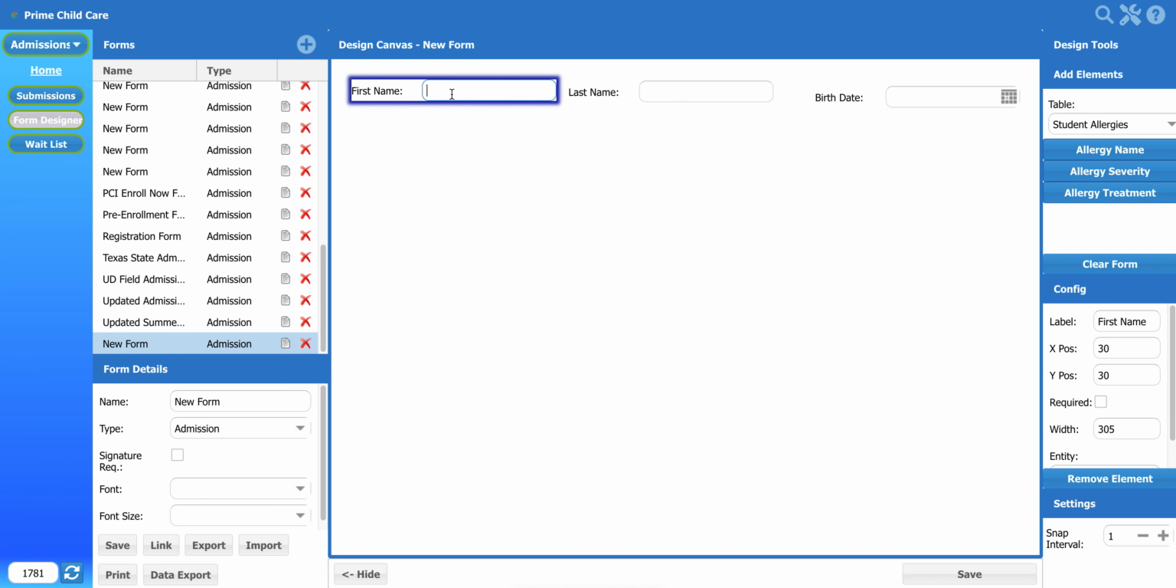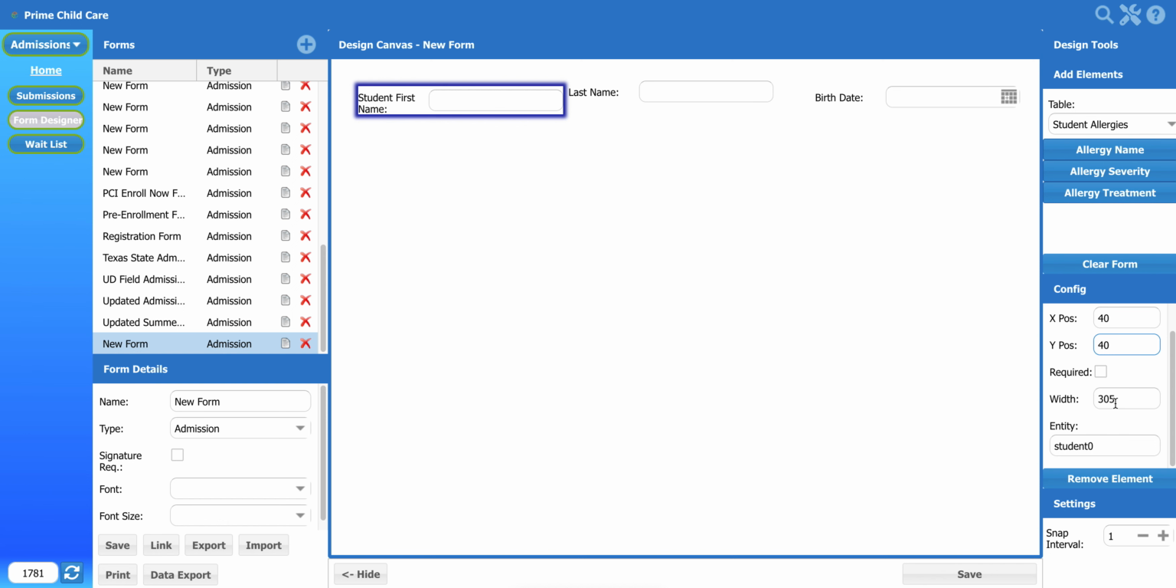For this field, if I want to change the name of this field that shows up in the label, I can do that in the label. I can also use the X position and Y position fields to move this field around. If I check required, then that requires that that field be filled out prior to the form being submitted. And one thing to note, the entity tells you who this field belongs to, whether it's a student, a sponsor,